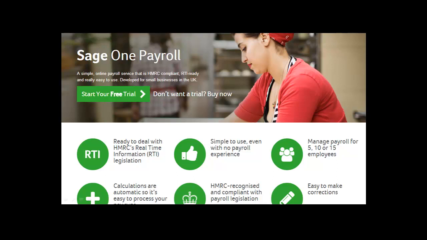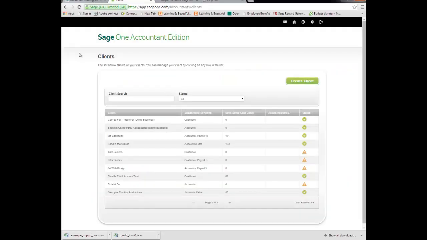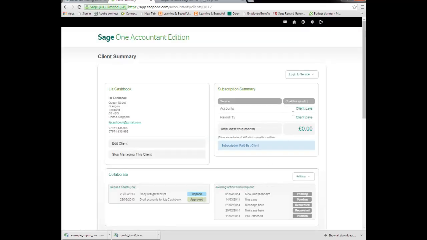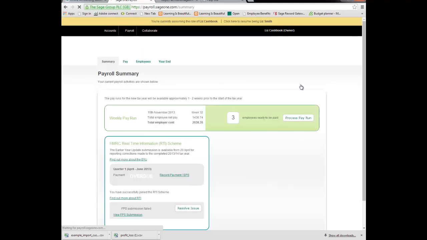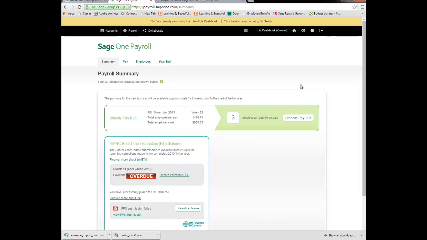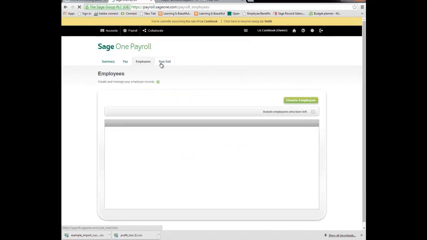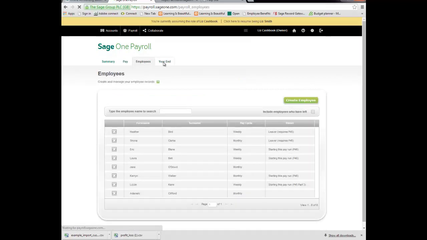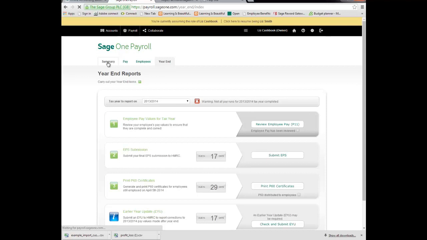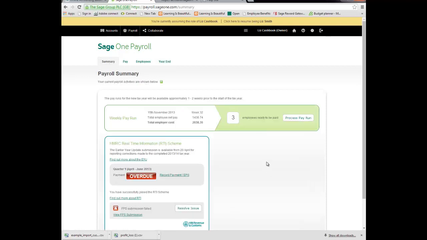So I'll just show you the payroll version. Just going to go into a payroll client. So Liz Cashbook has already been created with Payroll 15. And we're going to log into Payroll. Now what you have is you have the Summary tab, Pay, Employees, and you've got the Years, and you've got the Year End. So what you're able to do is in the Summary tab, you're able to check the information